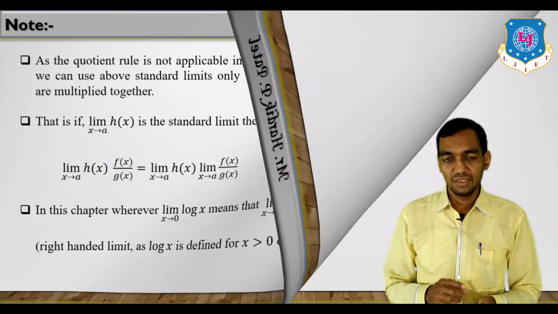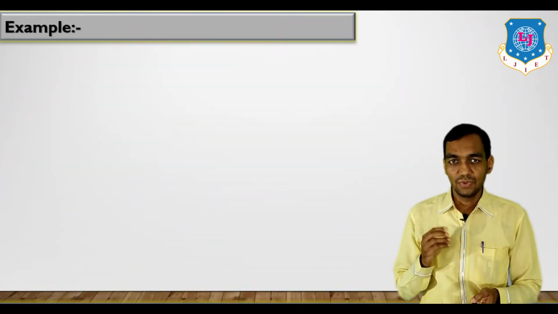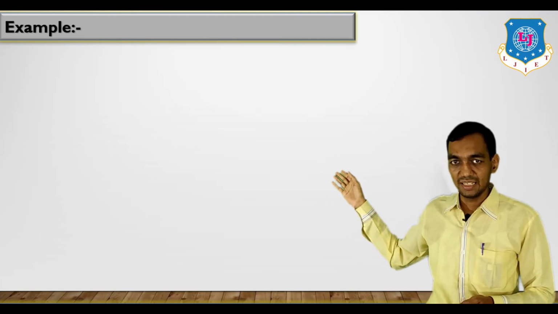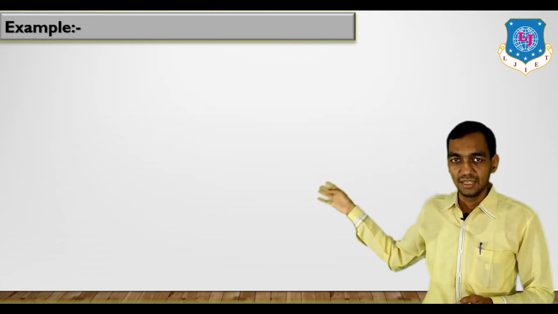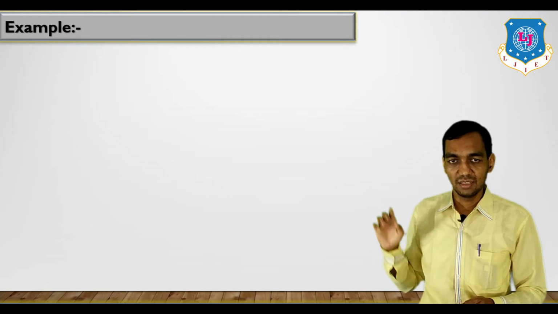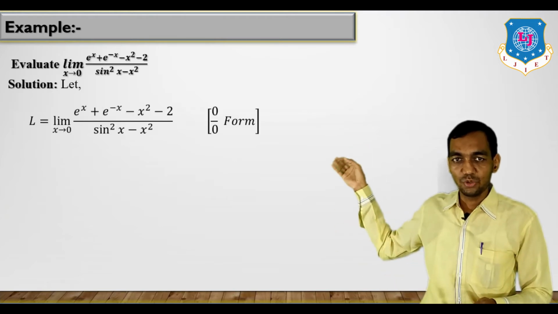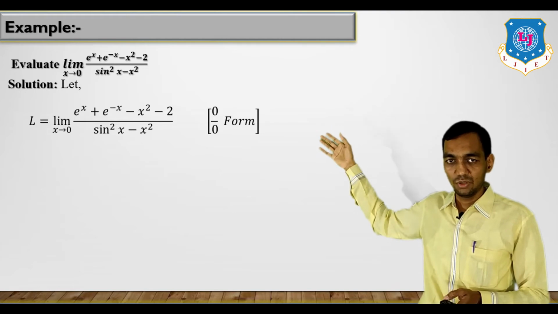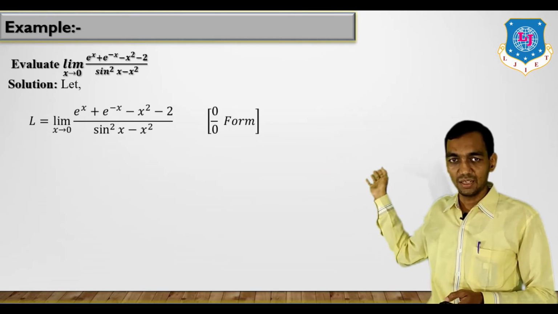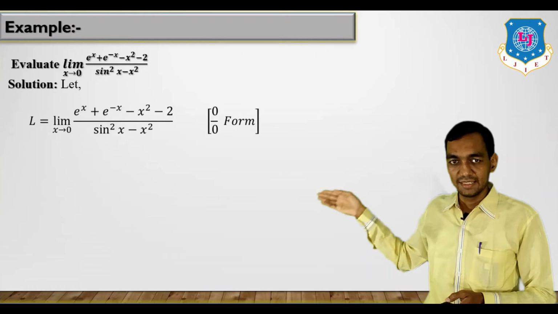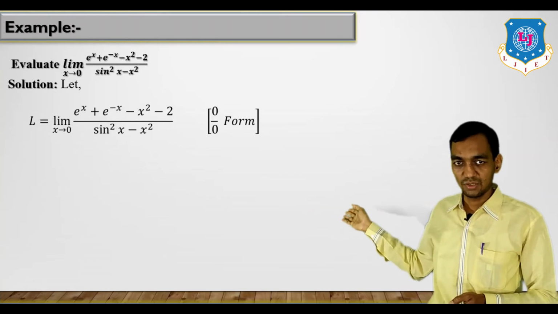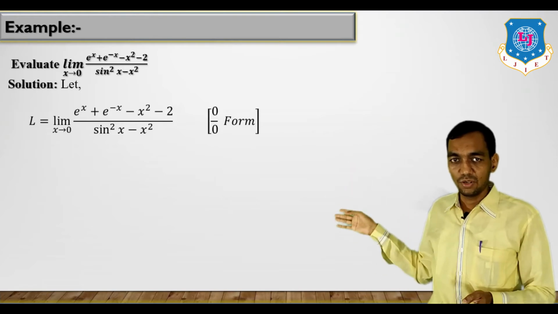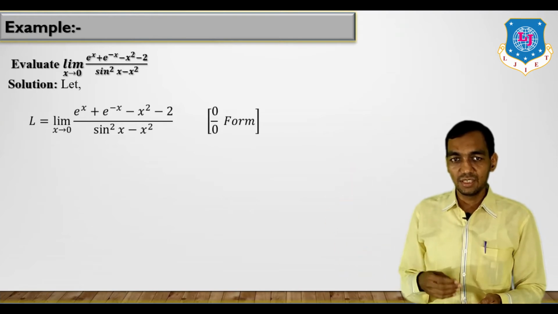Now we are going with examples. Now first example: limit x tends to 0 of (e raised to x plus e raised to minus x square minus 2) divided by (sin square x minus x square). Now see, if you put in the values, then it is a 0 by 0 form. e raised to 0 is 1, e raised to 0 is 1, so 1 plus 1 is 2, minus 0 minus 2, so 2 minus 2 will be 0. In the same manner sin 0 has a value 0, x square also has a value 0, so you will have 0 by 0 form. Now it is 0 by 0 form, so applying L'Hopital's rule, that will give you,